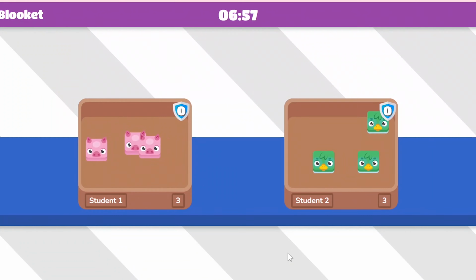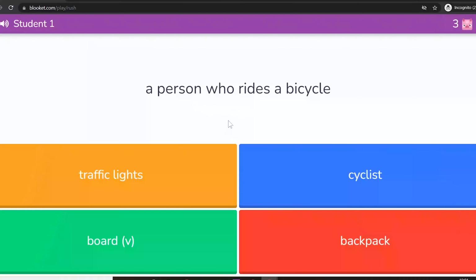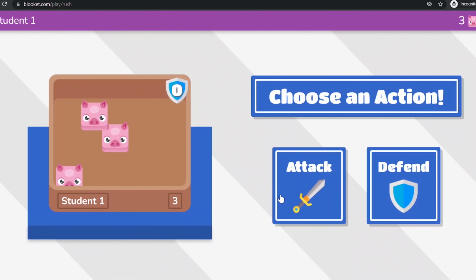Now, you can play solo, but the idea behind this new Blooke game mode is that the students play in teams. So when the game starts, students can see on the teacher's screen that they have the same number of Blookes. Now, the objective of the game is to have the most Blookes at the end of the time limit. When students answer a question correctly, they get to choose between attack or defend.